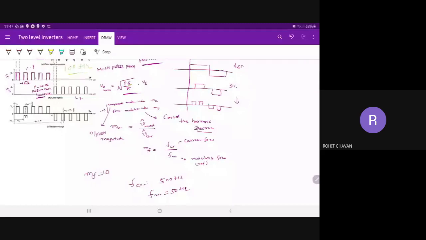Right now we are discussing only voltage source inverters, where we have a voltage source on the DC side. Similarly, we have current source inverters. Practically, there is no current source available, but for the same DC source, if you connect an inductor, that will act as a current source. We'll discuss that in the next classes.